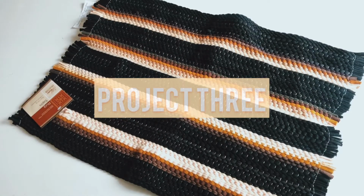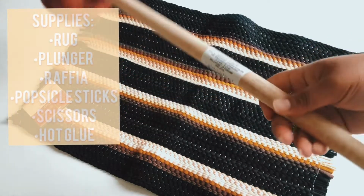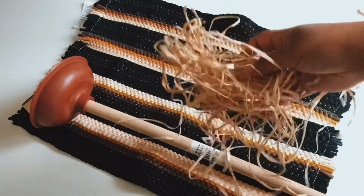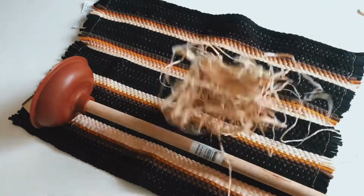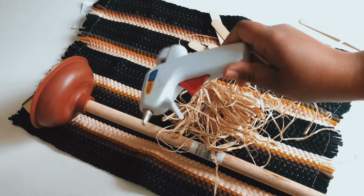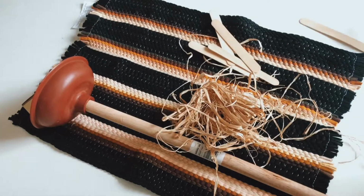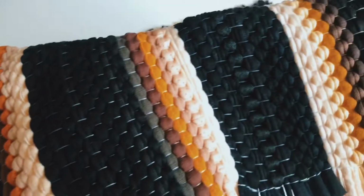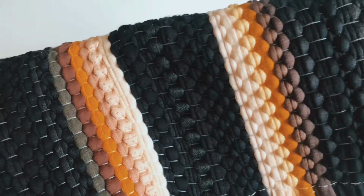Moving on to our third DIY, which is my personal favorite, is this tapestry that I'm going to be creating from just a throw rug from the dollar store, a plunger, and some raffia. You'll also be needing a few popsicle sticks and of course a hot glue gun. So I picked out this rug because it just had these beautiful natural warm tone colors that will look perfect